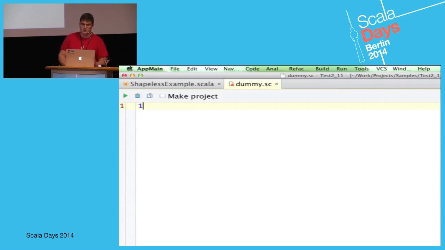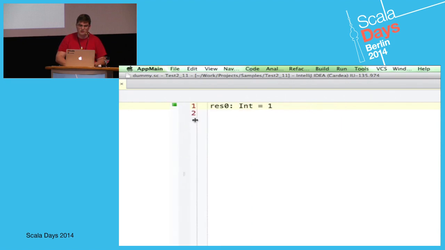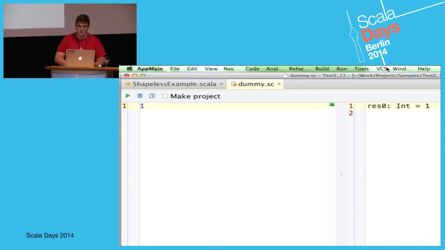So for example, if I type something, you can see the result immediately, without any shortcuts which I need to invoke to run code.